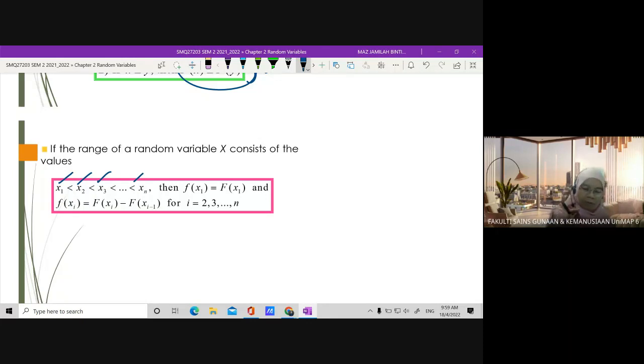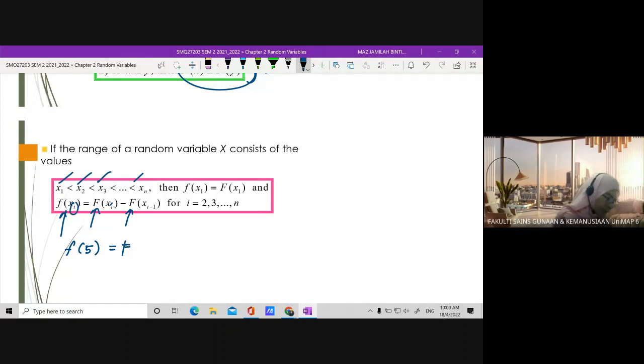Okay, and we know that this small x can be replaced into your function of x that we are talking about just now, the cumulative distribution function for this particular discrete random variable. Now, let's say you wish to find F(x) where x is equal to, for example, 5, this can be obtained actually from